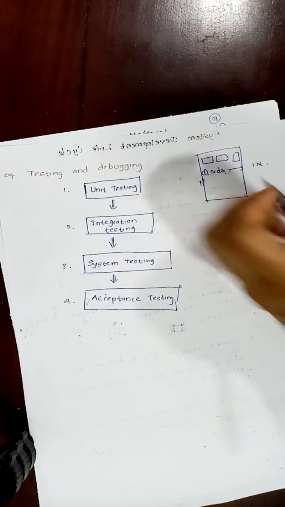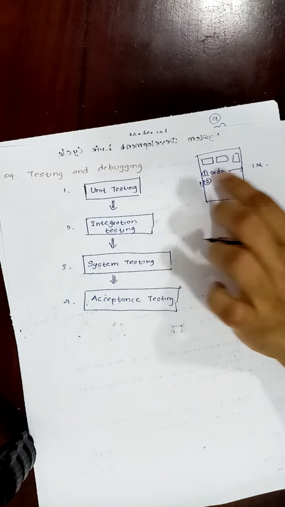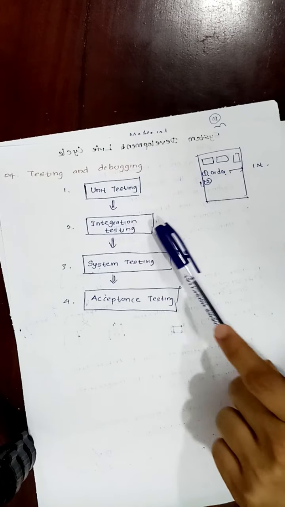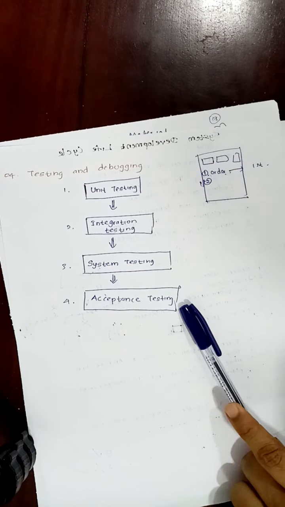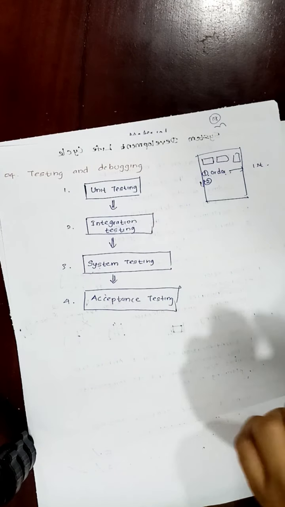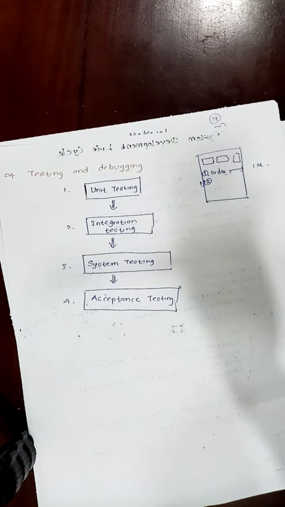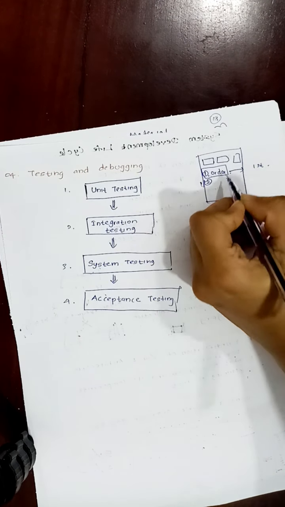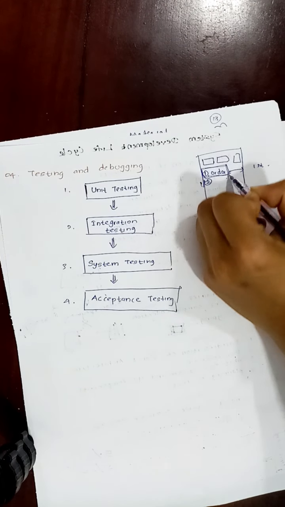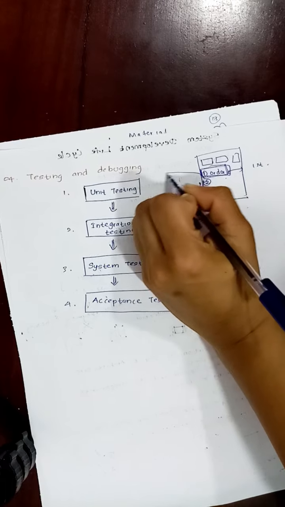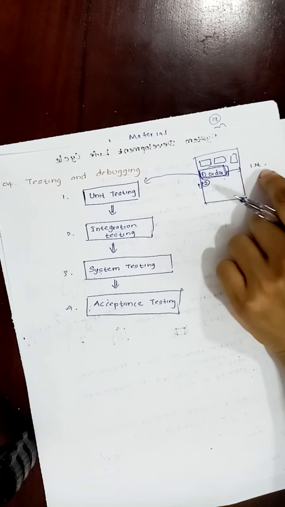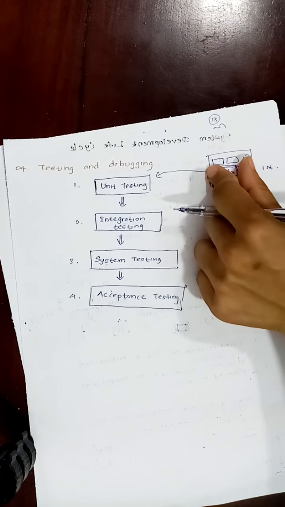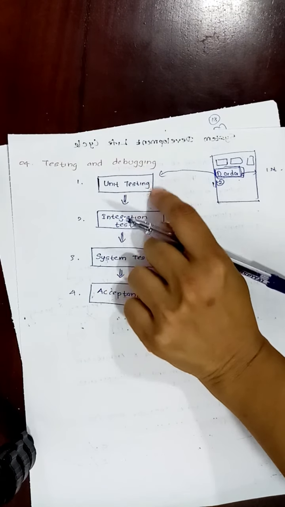Unit by unit you are going to test. The types of testing, there are 4 types: unit testing, integration testing, system testing, acceptance testing. Unit testing in the sense, now you are developing a software. In that you have developed one function called order. Only you have developed this one. So now you are checking only this function, whether this order function is working correctly or not. That is unit testing. You are going to test unit by unit, one function by one function. That is called unit testing.